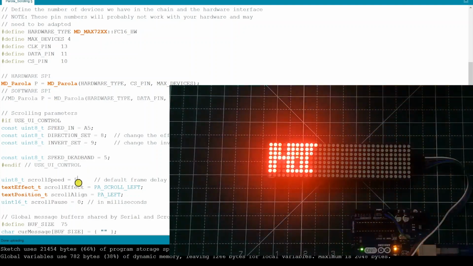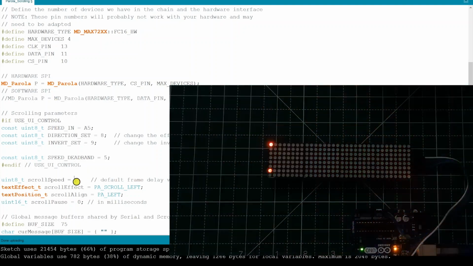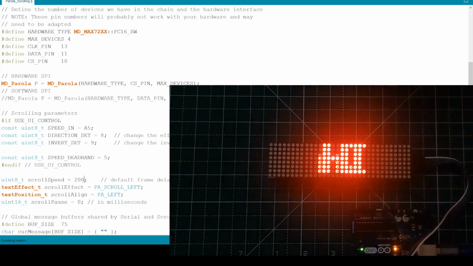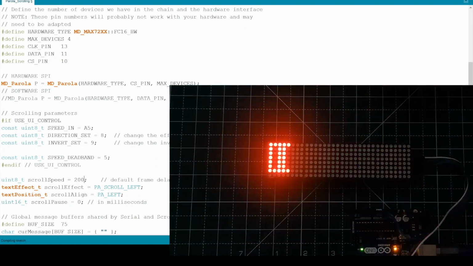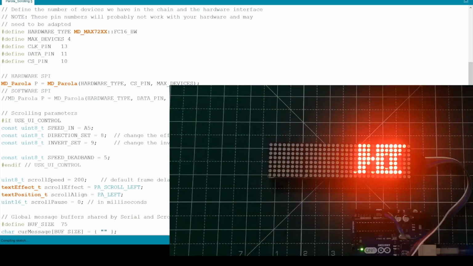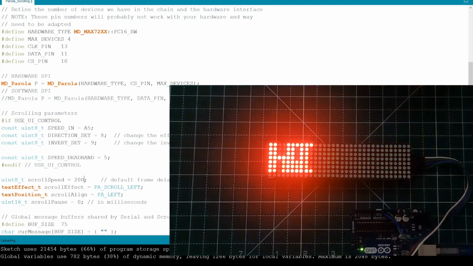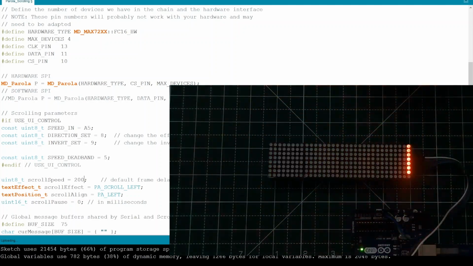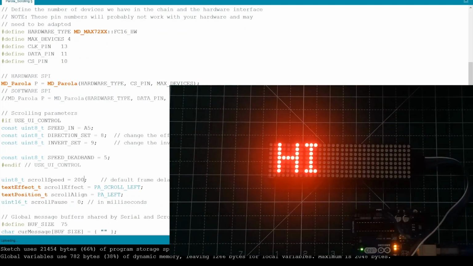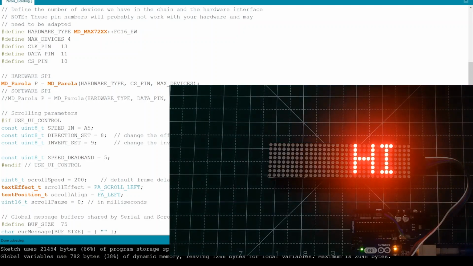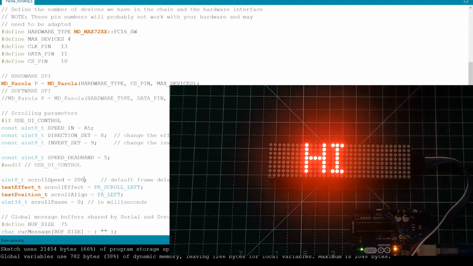If you want to reduce the speed, you make it 200 milliseconds, and now we'll upload and check. Yes, it's uploaded, and you can see the word hi is scrolling without stopping, but the speed has been reduced a lot.